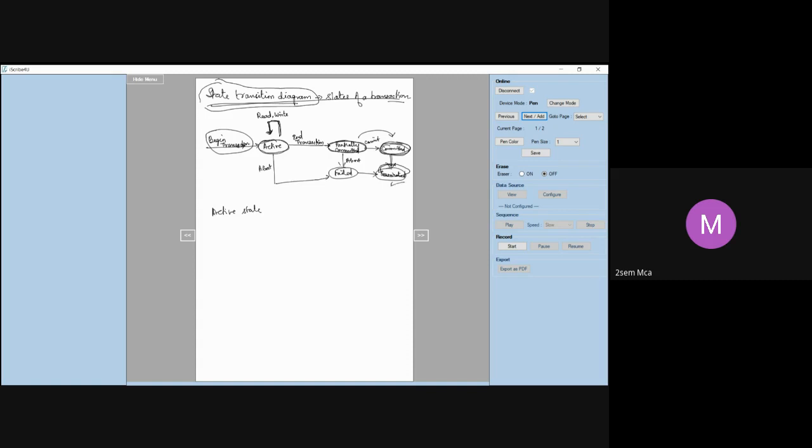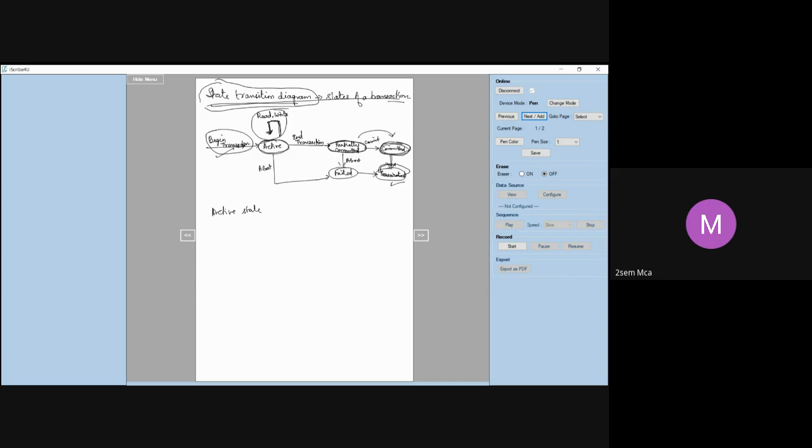Right? This is one path, wherein it starts the transaction with begin transaction, and it gets into the active state. In the active state, it is going to accept the read and the write operations. All these operations will get executed while it is in the active state. Once all the operations are executed, it will end the transaction. So the transaction is getting completed.